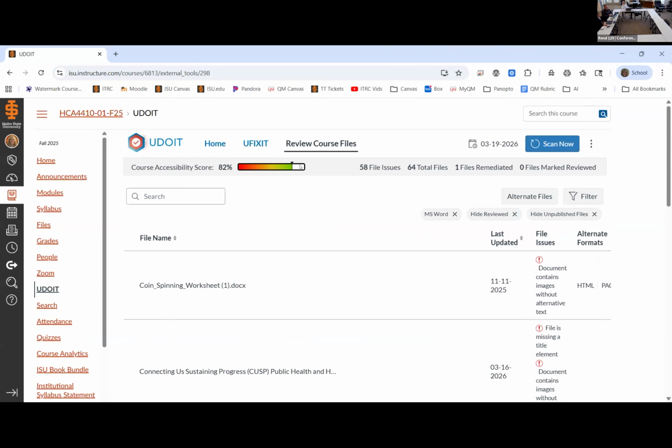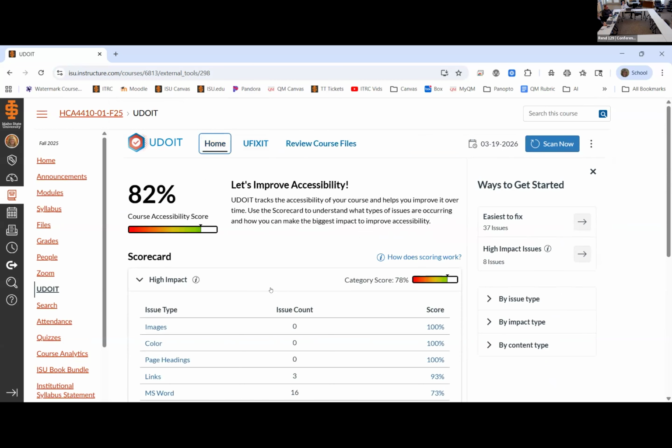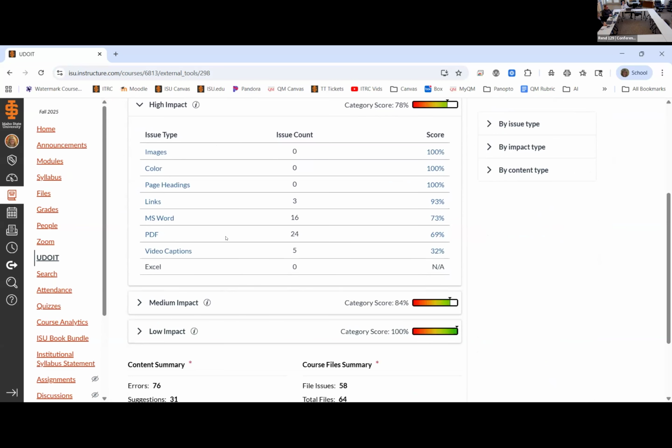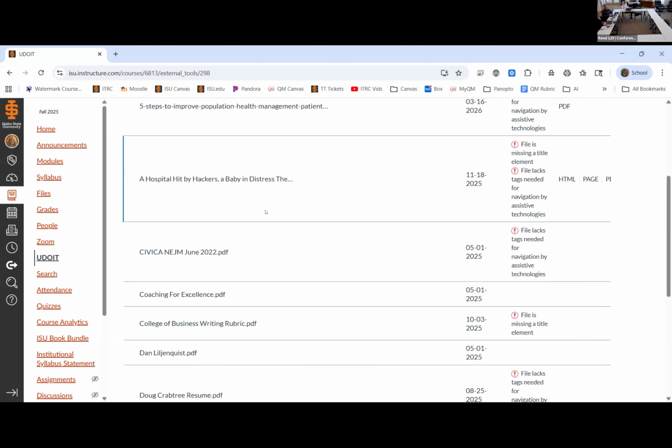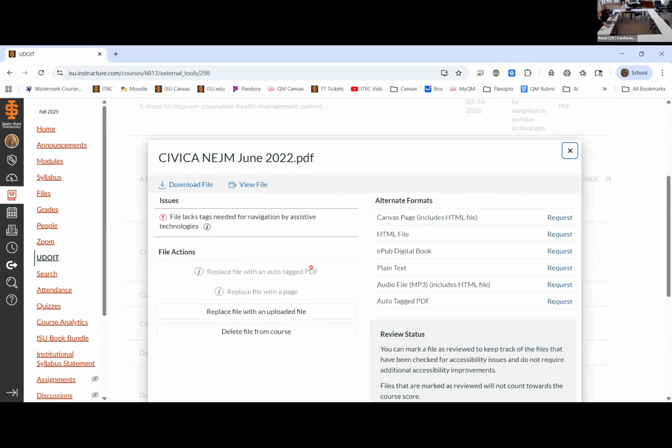Let's go back to, we do it here. I'm going to do the home page. That gets me back to my scorecard. And then we have some PDFs. These are going to be a little bit more tricky, but some of our options, let's look at this Civica